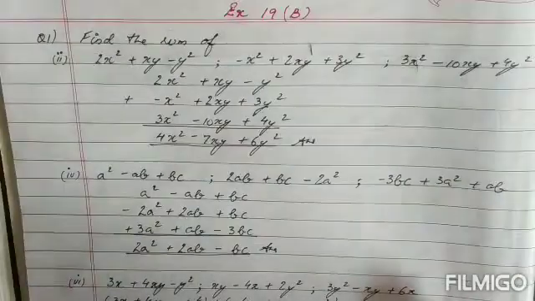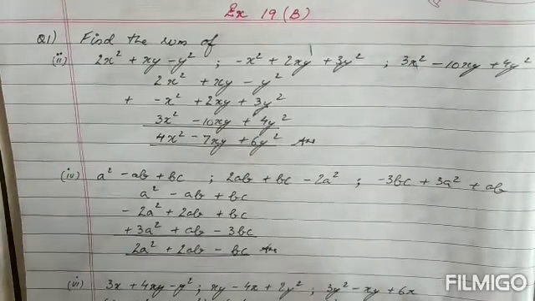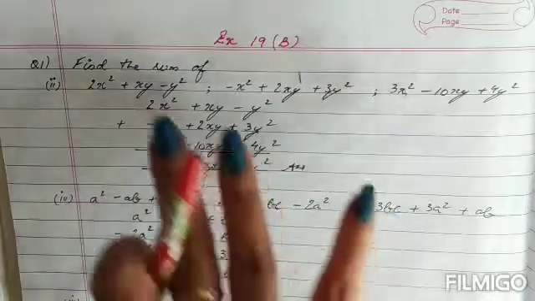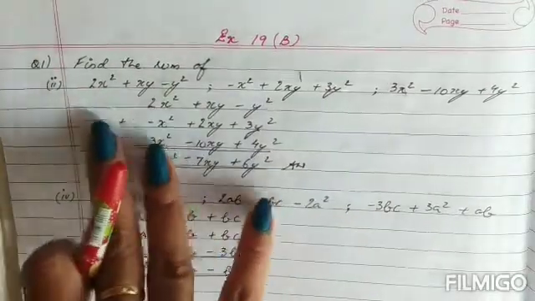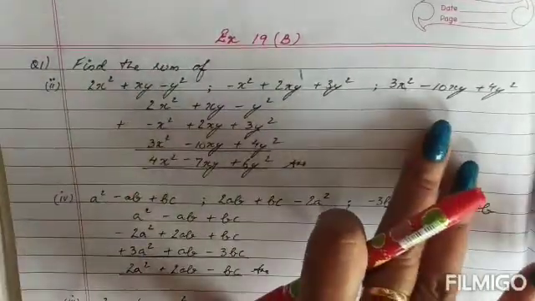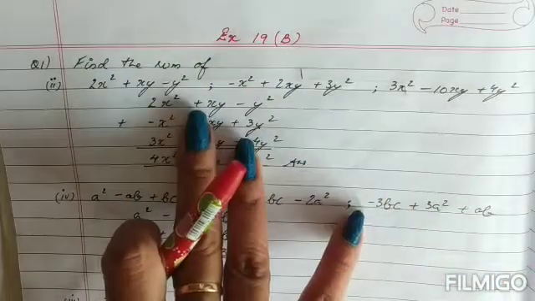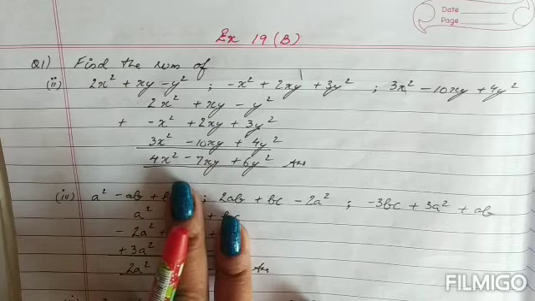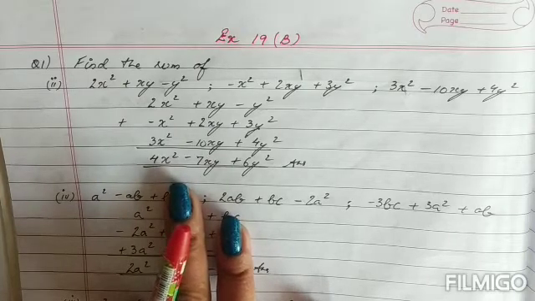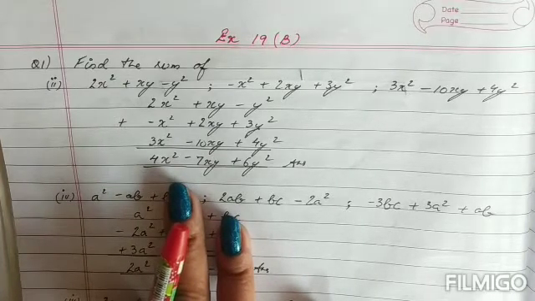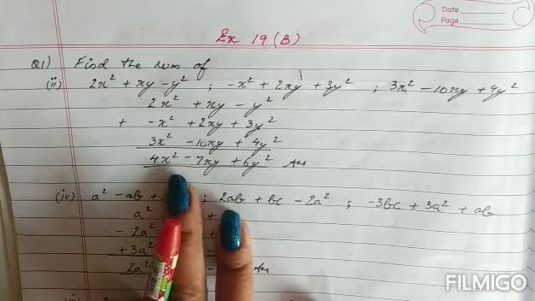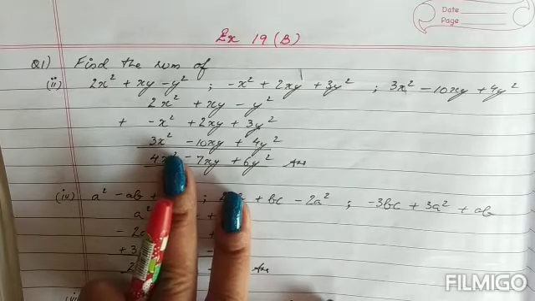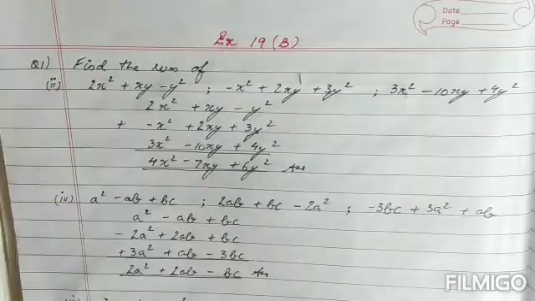Okay, children, let's start with exercise 19b, which is given in your books. We begin with the first question, which says find the sum of, right? Now I've first written the second one. I'm doing it for you, children. I have written it, and I'm going to do the column method because column method is my favorite, and I want to go with the column method because I feel the row method becomes slightly confusing when it comes to bigger polynomials. So I prefer doing this, but it is your choice individually which method you are more comfortable with.